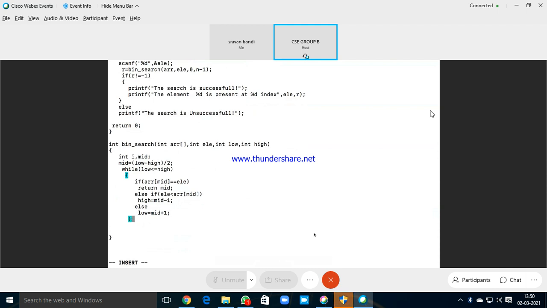Now once the control comes out of the while loop, what does it mean? This condition fails. When does this condition fail? If search fails. So when search fails, what is the return value? -1. So a small adjustment here is, instead of using break, I directly returned the mid value here itself, instead of coming out and then rechecking and then returning. Okay, I have just made this change.